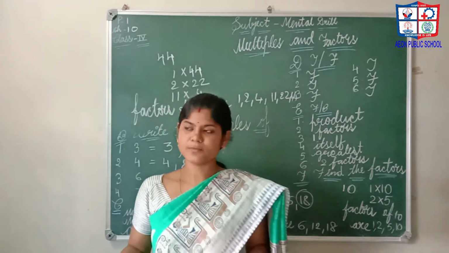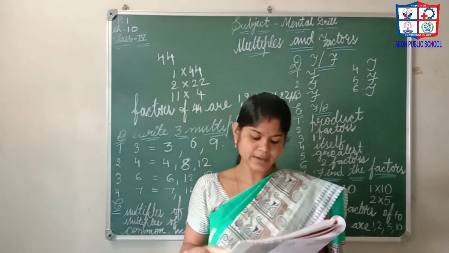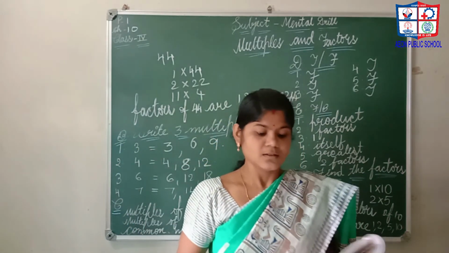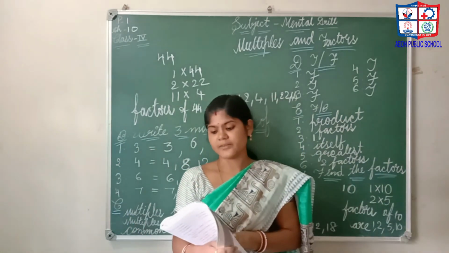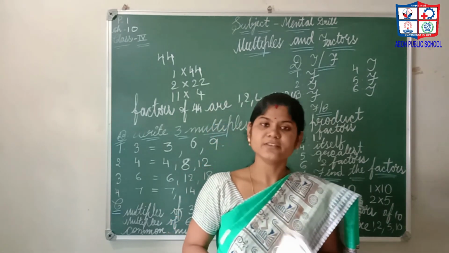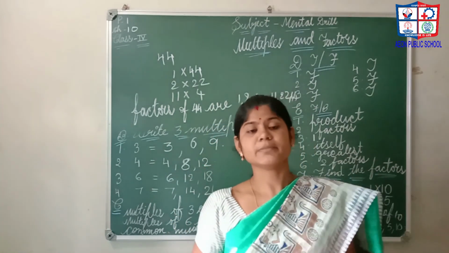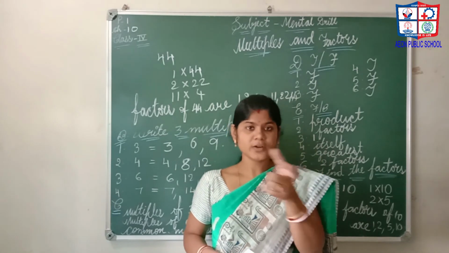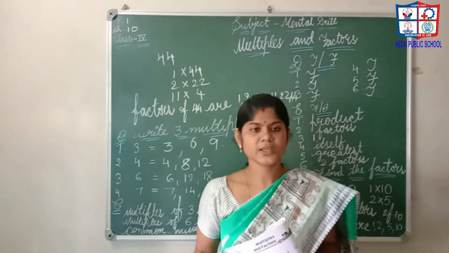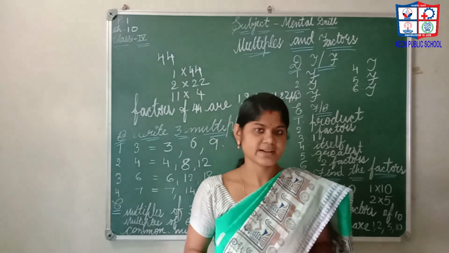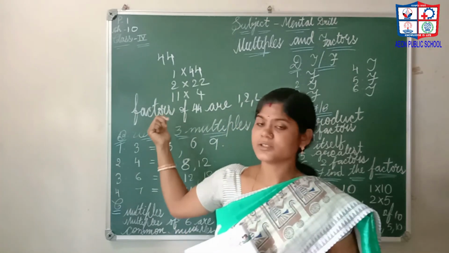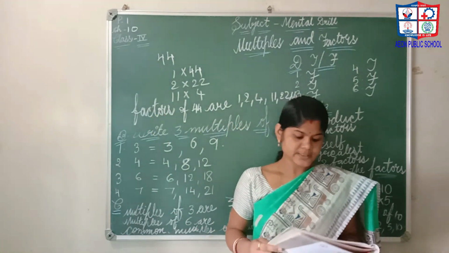Remaining you have to do by yourself in this same manner. Clear? So by this we have completed our chapter 10, multiplication and factors. Multiplication means just tables, and in the multiplication, the numbers we are taking, for example 2 3s are 6, 2 and 3 are called the factors. So like that we can find out the factors also. I hope it's clear to you.